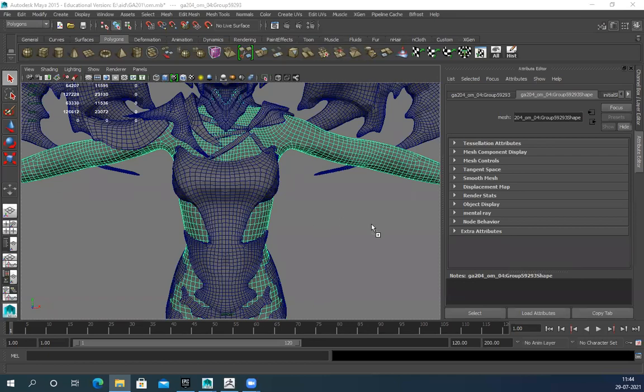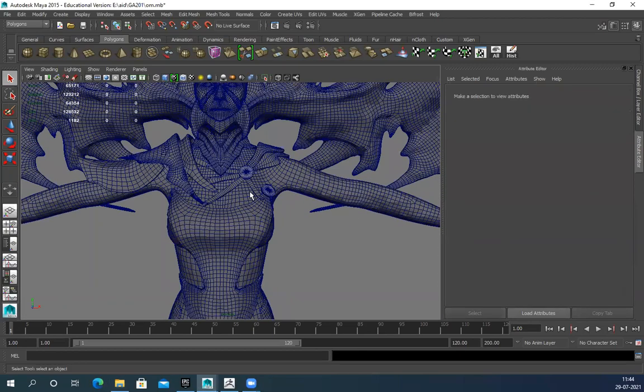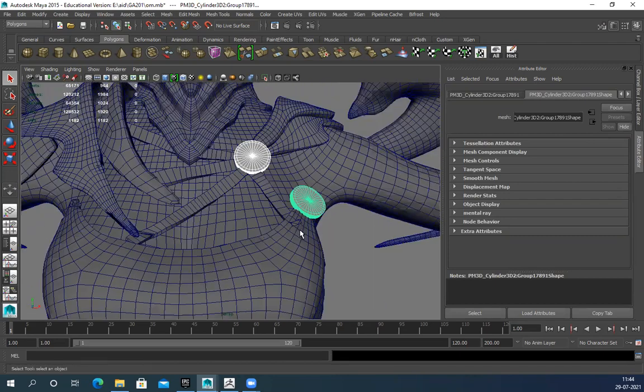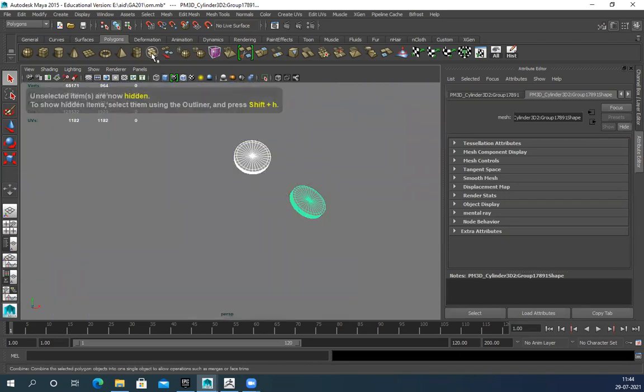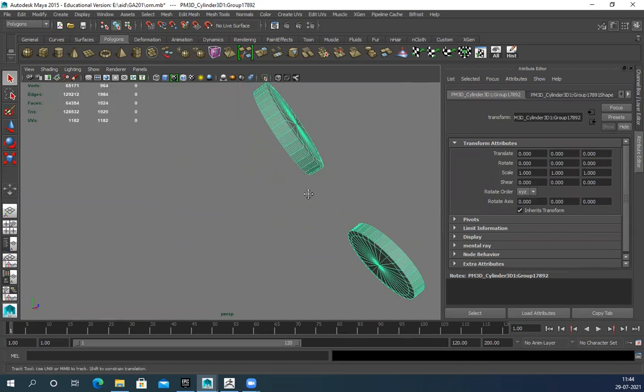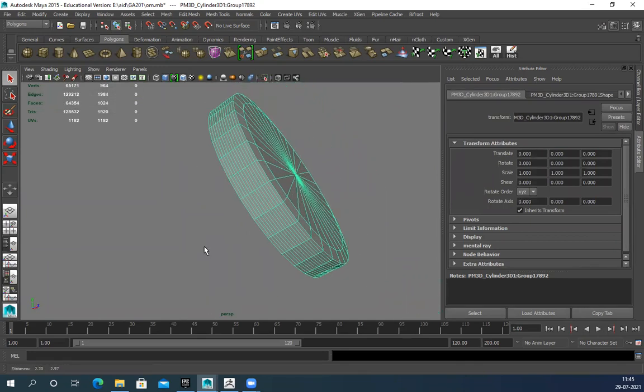Maya. Oh, sorry. 3D. So I got these two things. I can select and combine them also, so it'll become easy for me. And I should make sure symmetry is off, otherwise it might mess up my model.